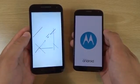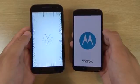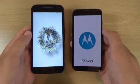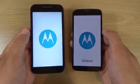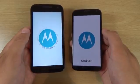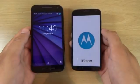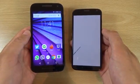And obviously the display on the left is slightly bigger at 4.7 inches, which many people consider to be the perfect size for a phone even today. So that is a little bit of a step up there, but you can see the Moto G is still booting up a bit faster here,